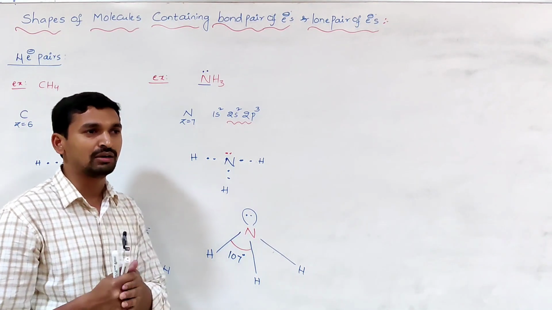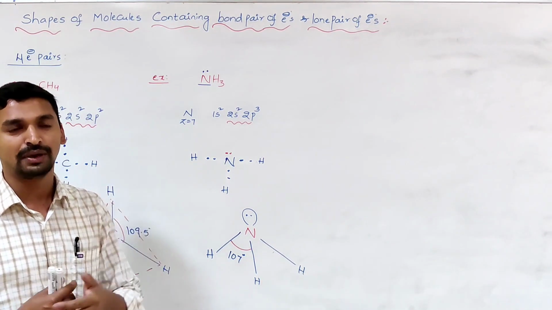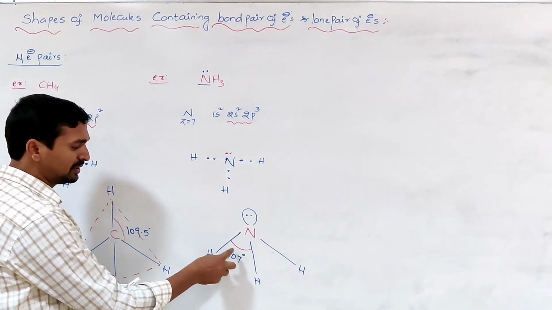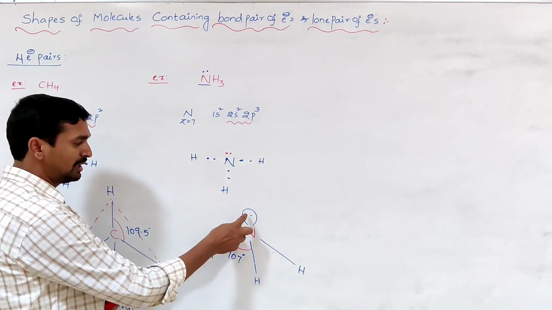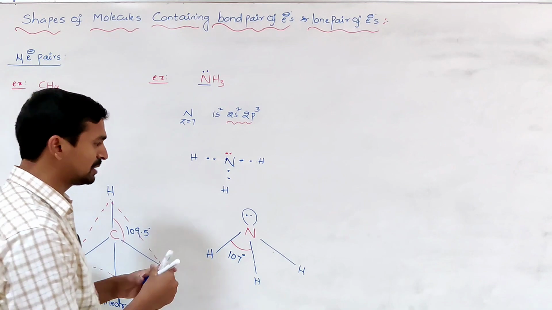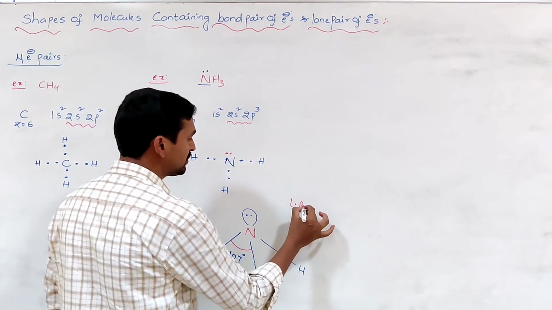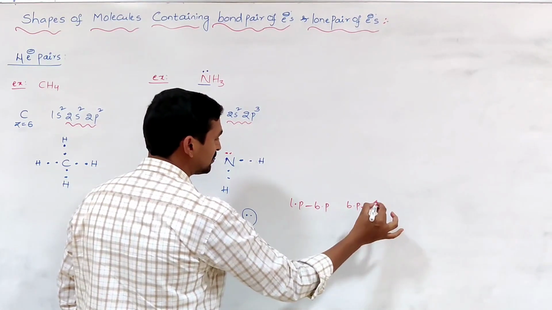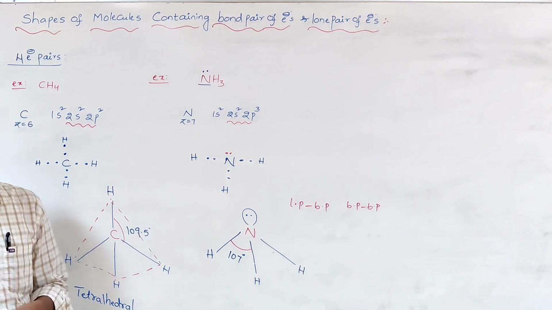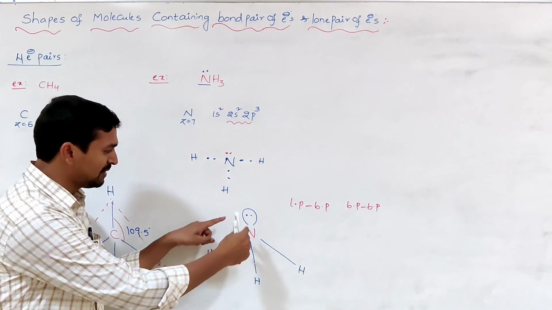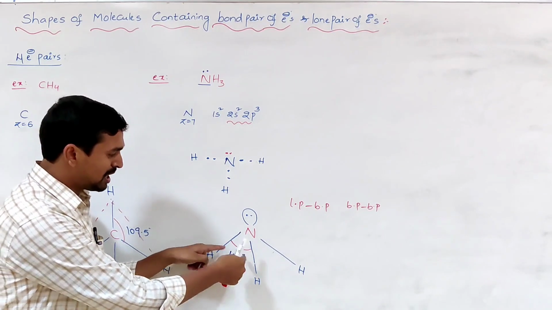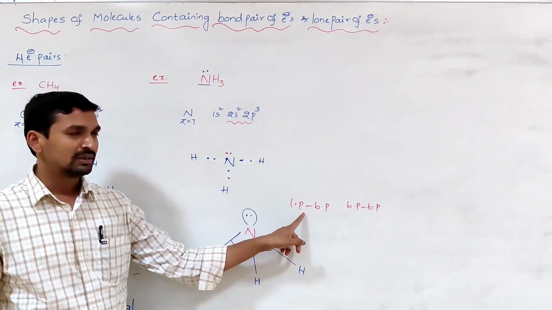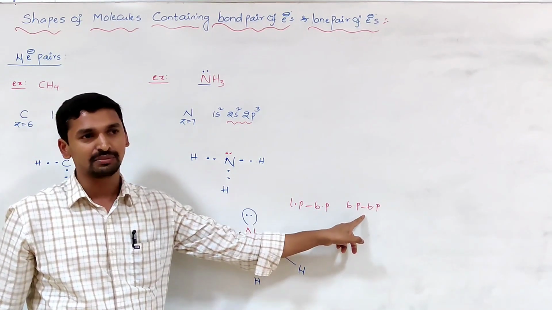In the SO2 molecule, the bond angle is reduced because of lone pair-bond pair repulsions. Here also, in the ammonia molecule, bond pair-bond pair repulsions are present and lone pair-bond pair repulsions are present. That means there are 2 types of repulsions. You know very well, lone pair-bond pair repulsions always push the bonds close together, and bond pair-bond pair repulsions always push the bonds away from each other. One decreases the bond angle, the other increases it.